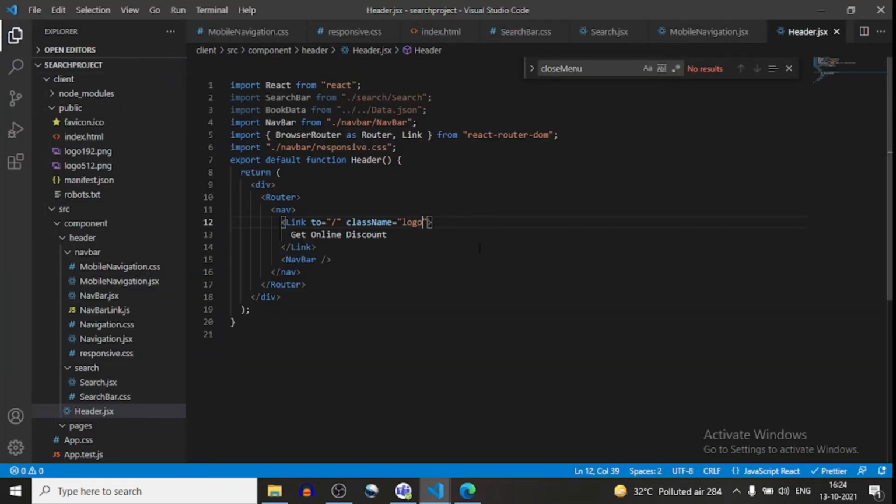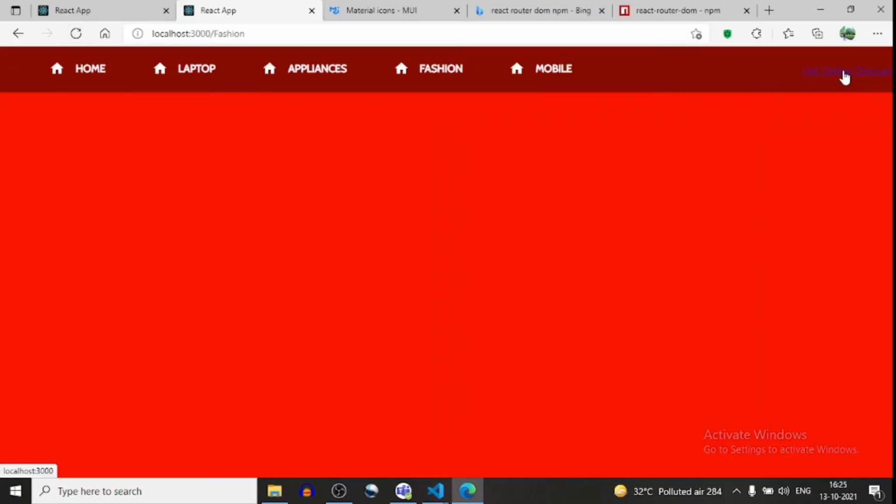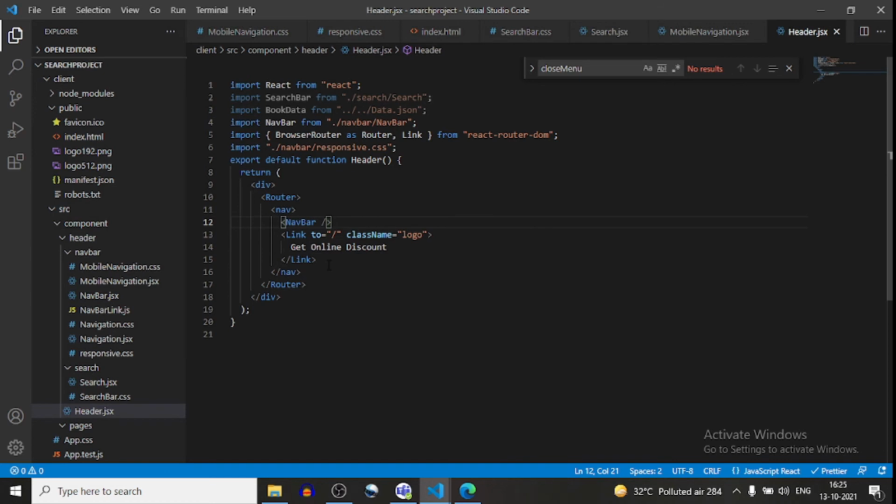Now what I will do, this navbar will be up, and now it will come on the right. After this Link I will provide a div.